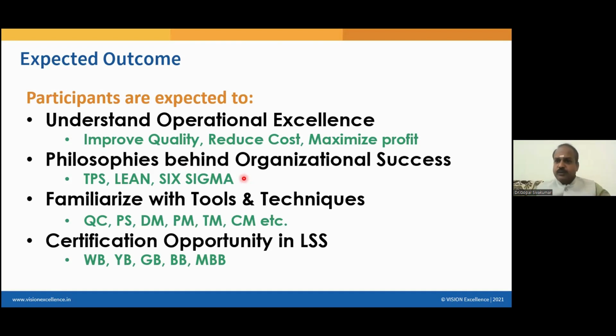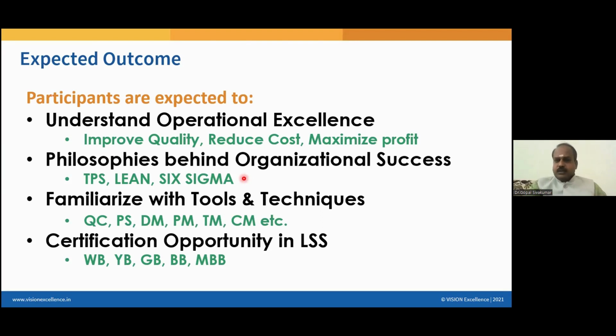I'm going to take all of you back to the 1950s and 60s and help you understand what happened in Toyota and what happened in Motorola, and then how all these approaches and frameworks evolved from those companies. As we discuss Six Sigma and Lean and the DMAIC methodology, I will also familiarize you,